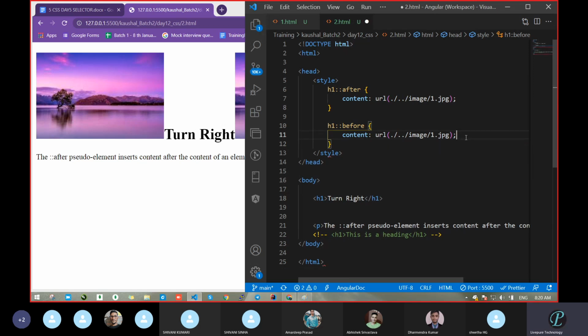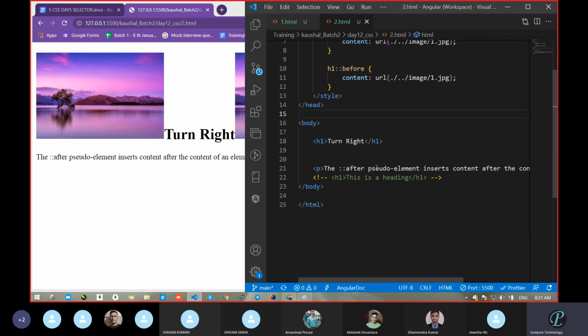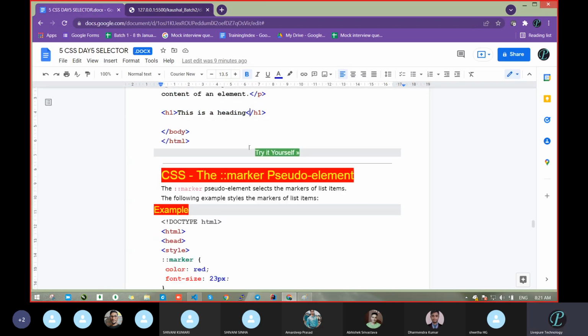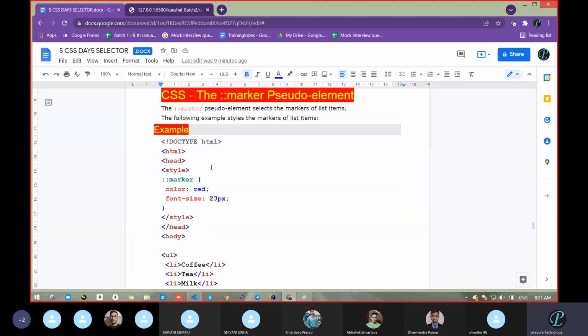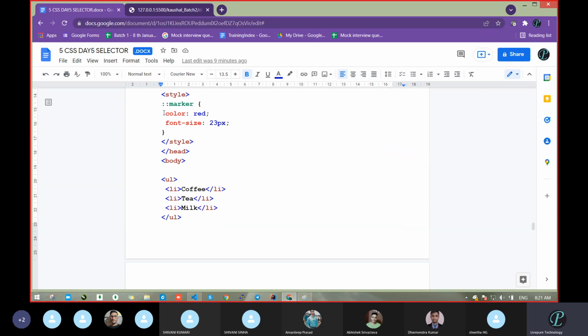Okay, we can go with padding and margin also. Is it clear why we used this one before and after? With the help of this, we can make a proper alignment. Another property is marker, then marker color. Marker is already a tag. In that we can pass the color code, red, and this one.